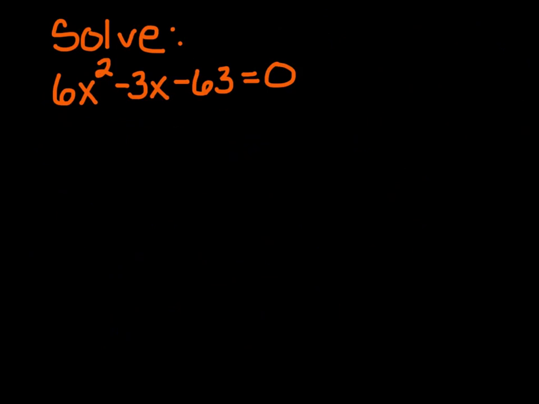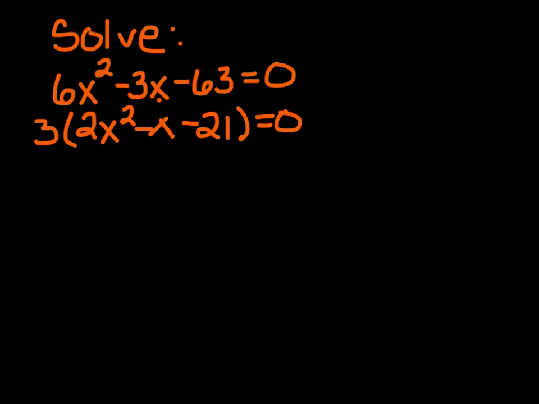Okay, here's an example of if you were asked to solve. So if we are asked to solve for x, and we do have this middle term here, so we know we can't just isolate the x, we're going to have to factor and solve. So here we go. Do we have a GCF? All three of these terms are divisible by 3. So we're going to factor out a 3, and we're going to have 2x squared minus x and minus 21